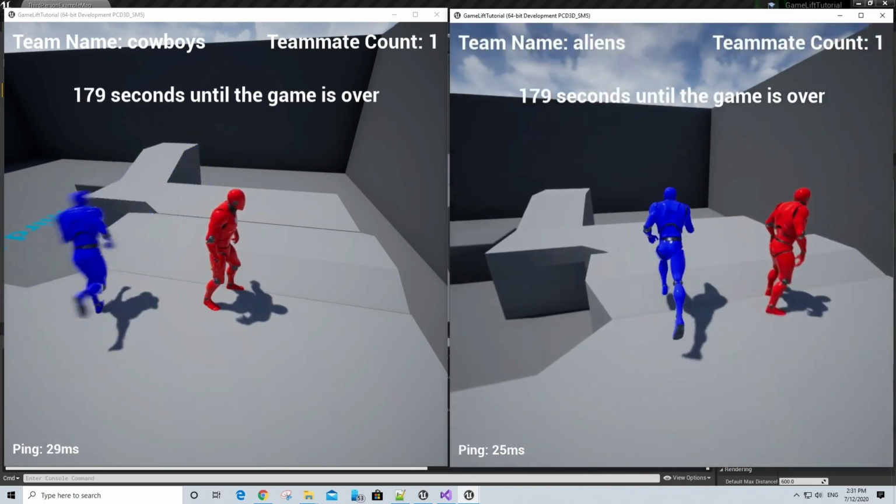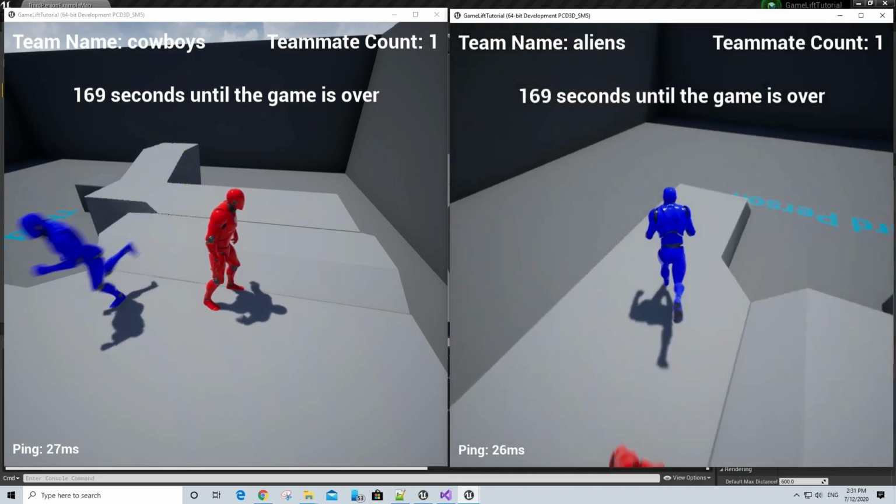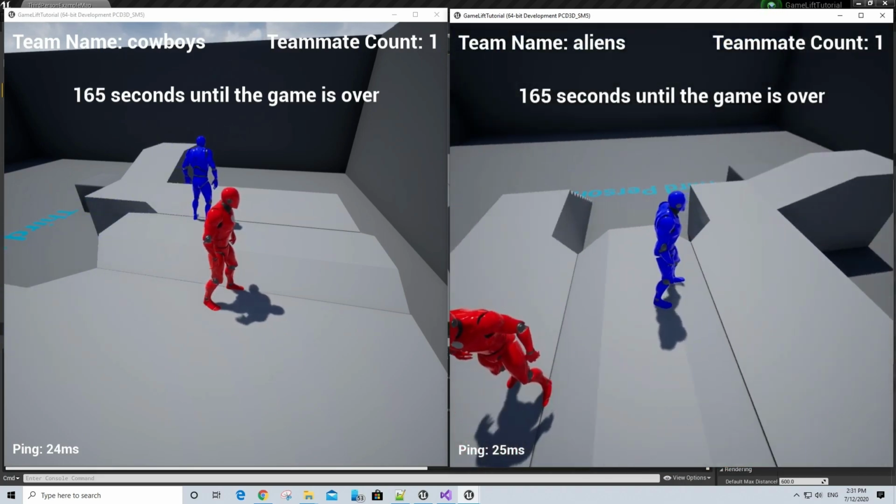Otherwise, there's a pretty high chance they won't get in the game, just because GameLift's FlexMatch service works really fast to create potential matches. And since we have one server process running on one instance right now, we have to wait until